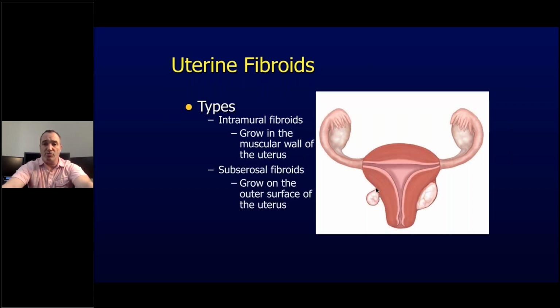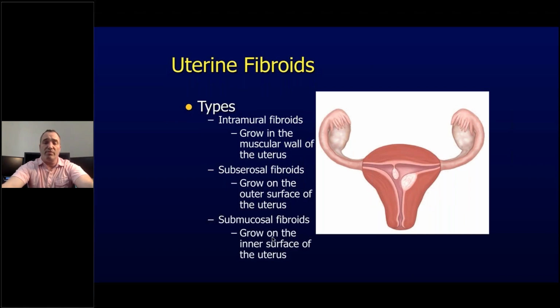Now there's subserosal fibroids. They grow on the outer lining of the uterus like this, and they bulge out. And in doing so, they often cause symptoms of pressure or pain, depending upon what the adjacent structure is that they push on. So you can imagine if they push in the front, it causes some symptoms on the bladder. In the back, it can cause symptoms on the bowel or nerves, and we can show a little bit about that in a few minutes.